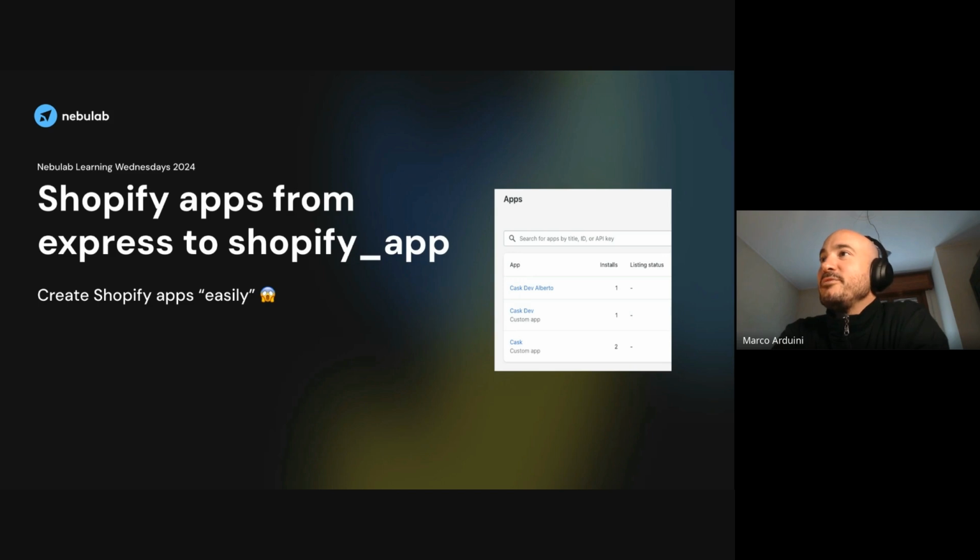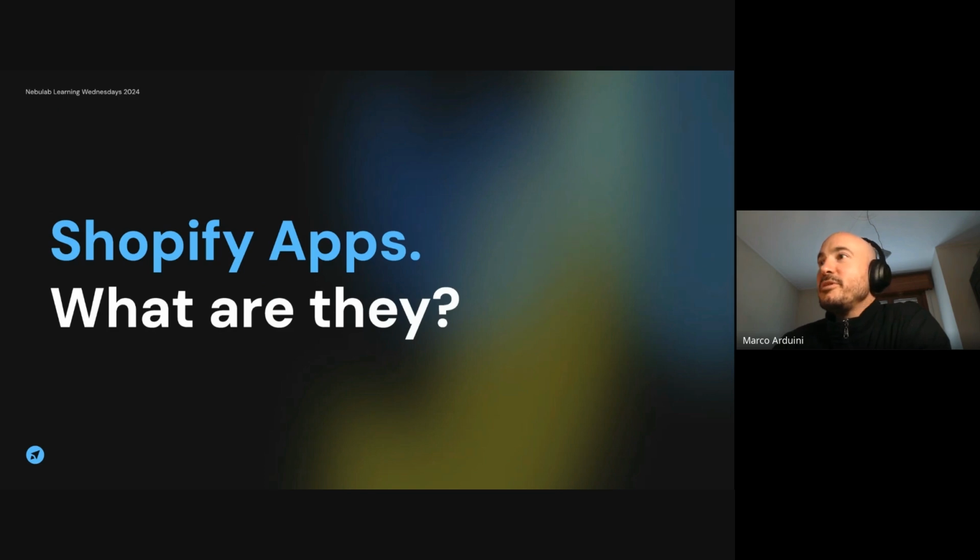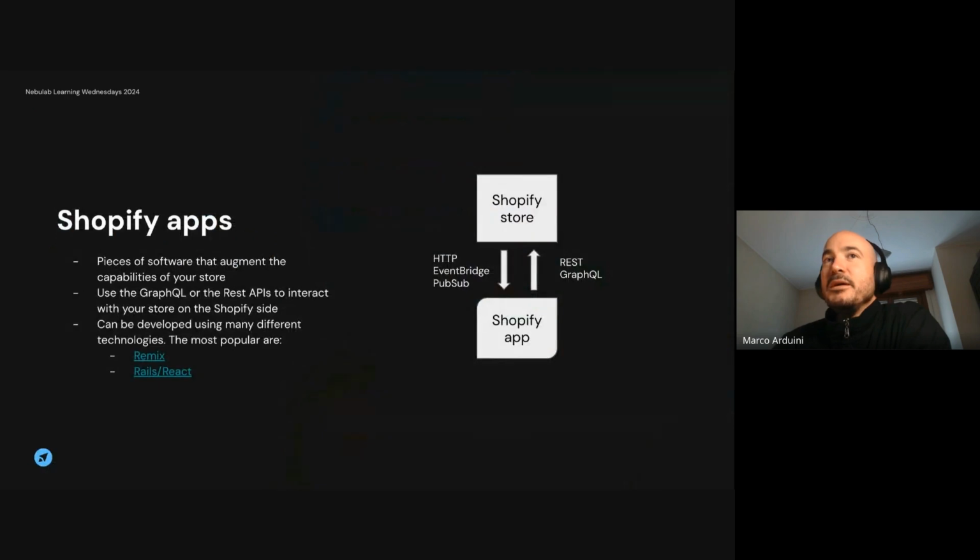So what Shopify gives us is apps, which we'll be talking about today. So what are Shopify apps? Basically, Shopify apps are interfaces to a remote store. The store is out there behind this curtain of clouds. We can interact with the store using a graphical interface, but we cannot really modify what's going on over there, at least not much. What we can do is set up Shopify apps. These are pieces of software which make you able to implement custom logic that otherwise would be hard or impossible